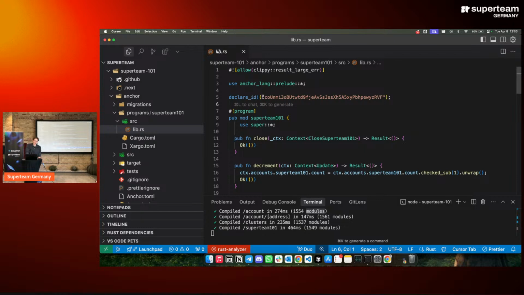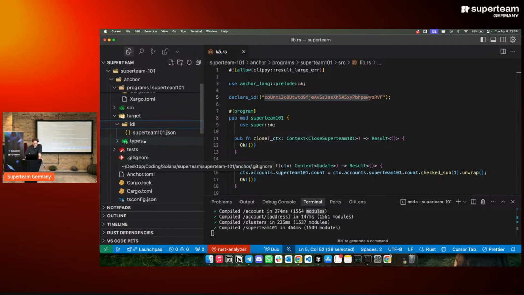But in this case, we have to create our own public-private key pair. So the address is already created before deploy time. This is why we have to declare it here. And how we do it is we have basically used a similar structure to our wallets. So our wallet is also just a public and private key pair. The private key is in our ID JSON file. The public key is visible for everyone. Now we do the same thing, but we store the public key here in the declare ID, and the private key should be in the target